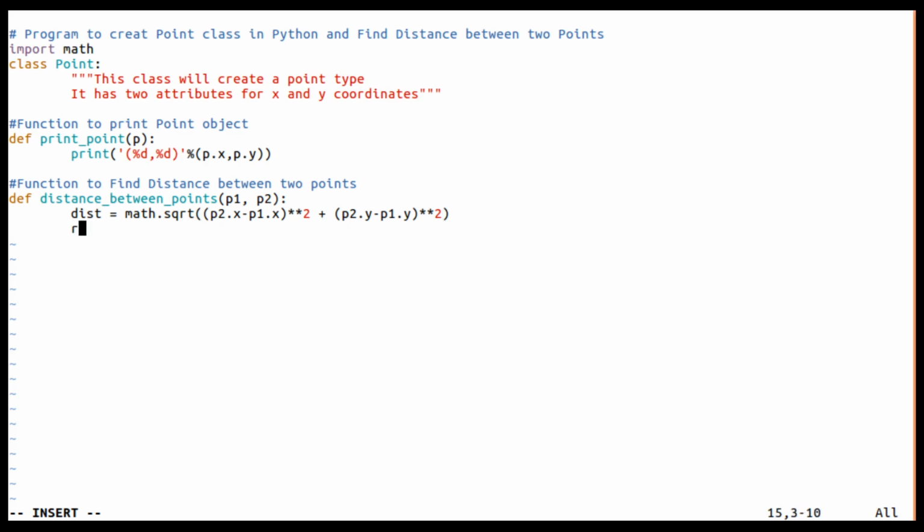So find the distance and return this, return dist.